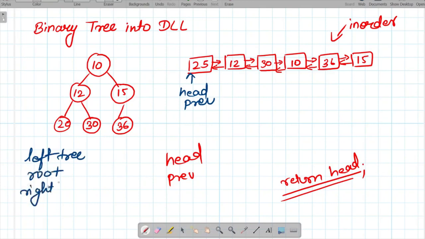So we will recursively call the same function on the left subtree, then we will make changes in the root, and then we will recursively call it for the right subtree. When we are recursively calling it for the left tree, we have the root node as 10, it will go towards the left tree and then it will come to 12, then it will go again towards the left tree and it will come towards 20.